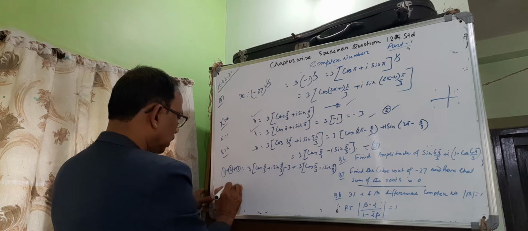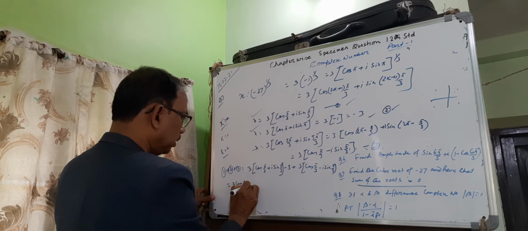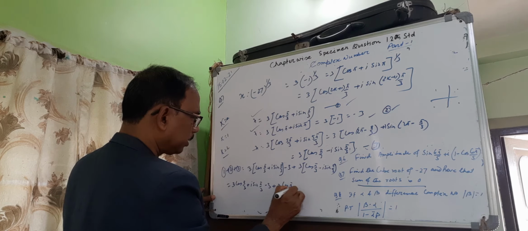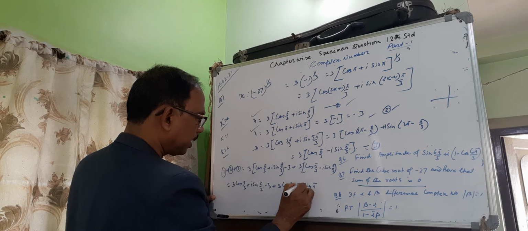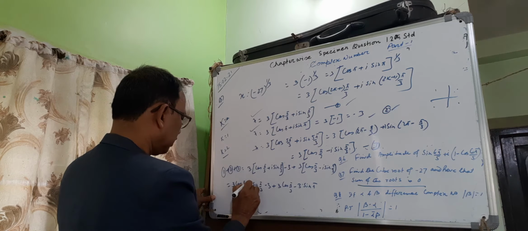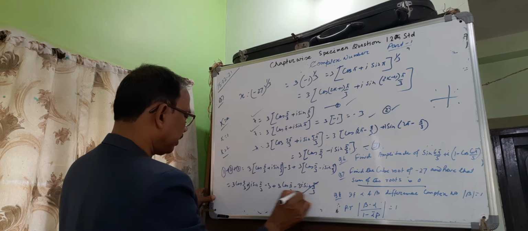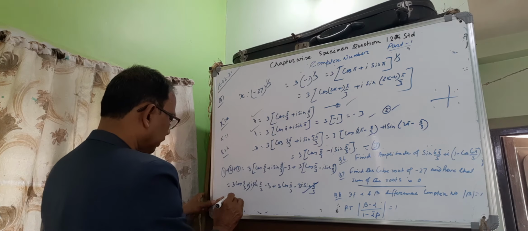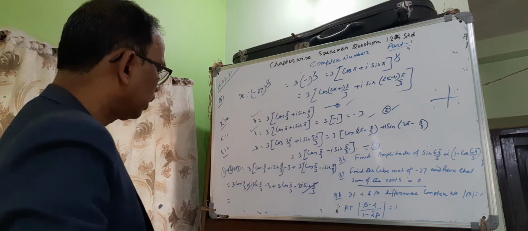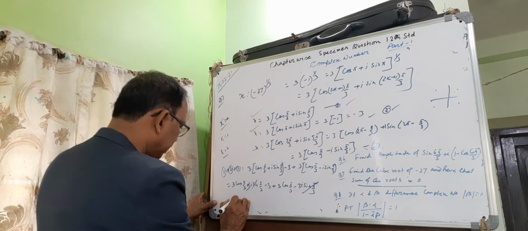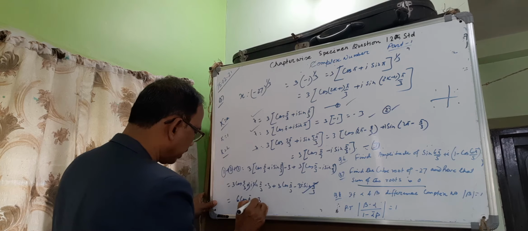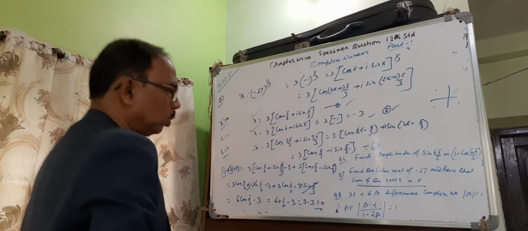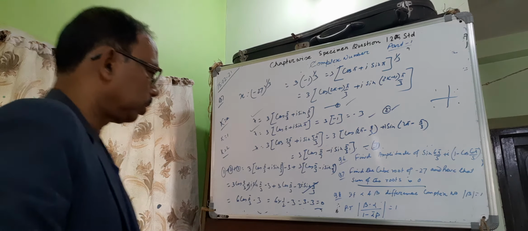Now this equals 3 cos π/3 + 3i sin π/3 − 3 + 3 cos π/3 − 3i sin π/3. The imaginary terms cancel. Then we get 6 cos π/3 − 3. Since cos π/3 is half, 6 times half is 3, minus 3 is 0. The sum of the roots is 0.